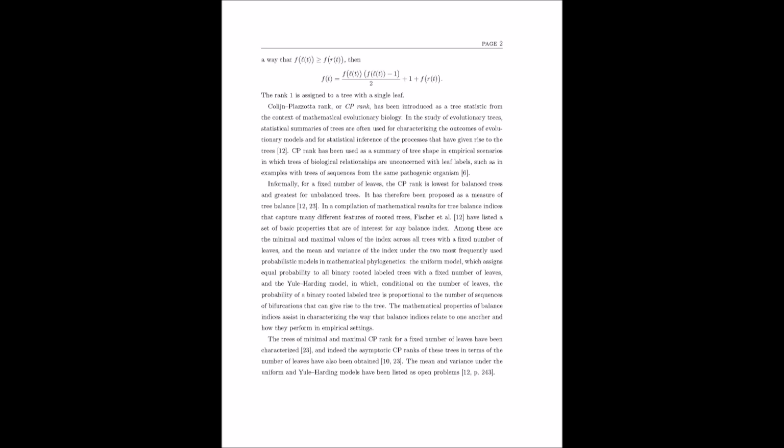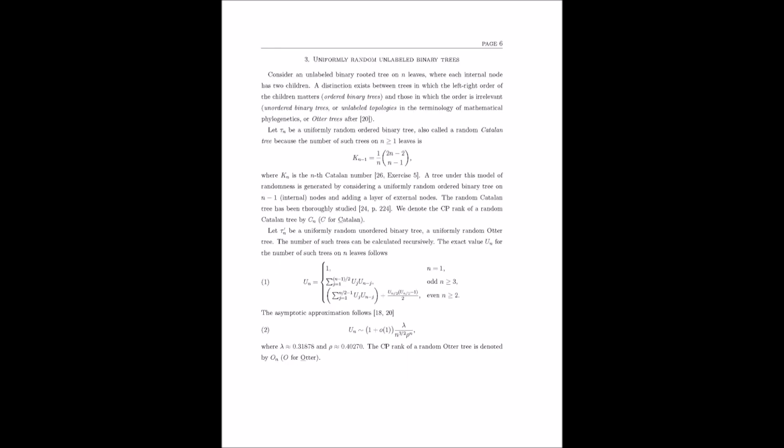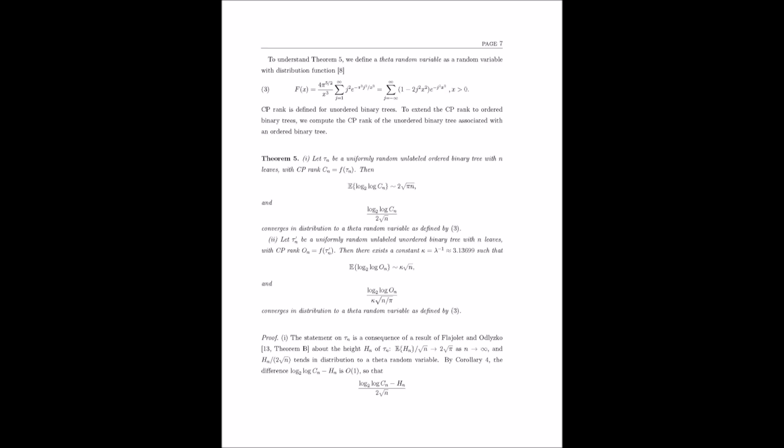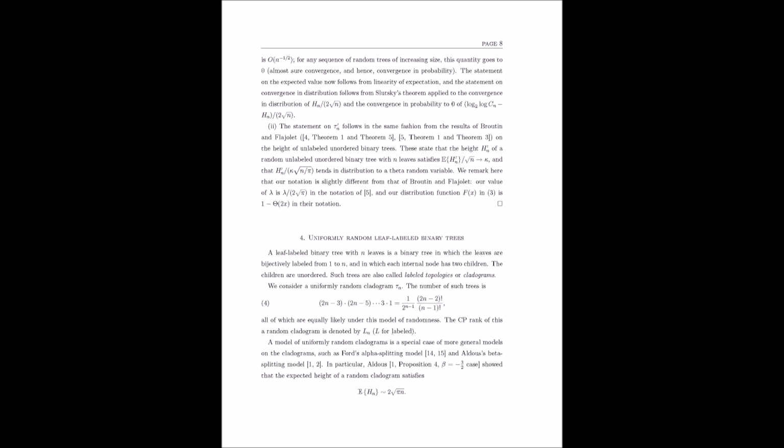And there's a catch. CP rank plays favorites. It loves balanced trees. The more symmetrical those branches, the lower its CP rank will be. But here's the real kicker. This love of balance ties directly into a tree's height. Height, like how tall it would be if you drew it out on a piece of paper? Exactly. The longest path from the root of the tree all the way down to one of its leaves, that's its height. And what's incredible is that the taller a tree is, the higher its CP rank tends to be. They go hand in hand. So there's this hidden link between the tree's shape, its CP rank, and how likely it is to occur